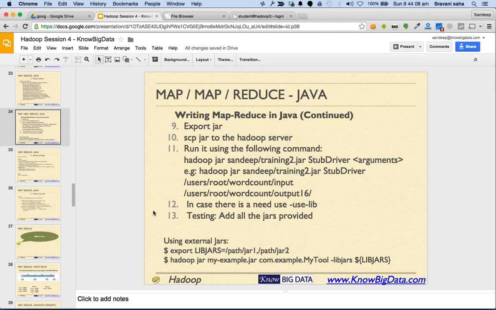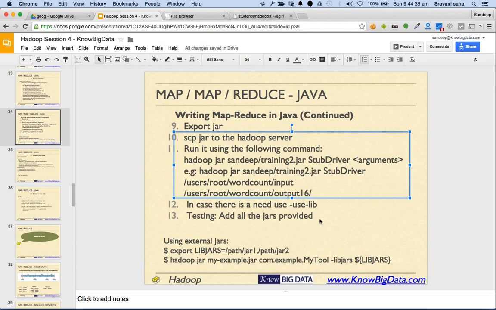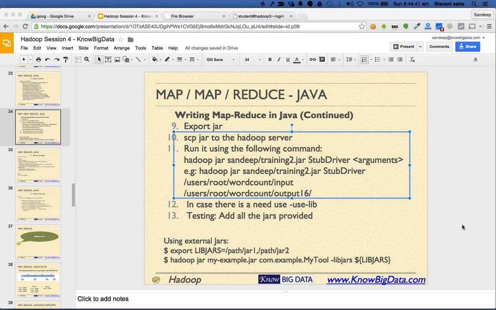Before a MapReduce process is started, all the files and all the content that is required to be run on all the nodes, we push to the distributed cache, which is available on all the nodes, and then we run Hadoop jar. Okay, makes sense to you? Because these Java MapReduce programs are full-fledged programs similar to any other,